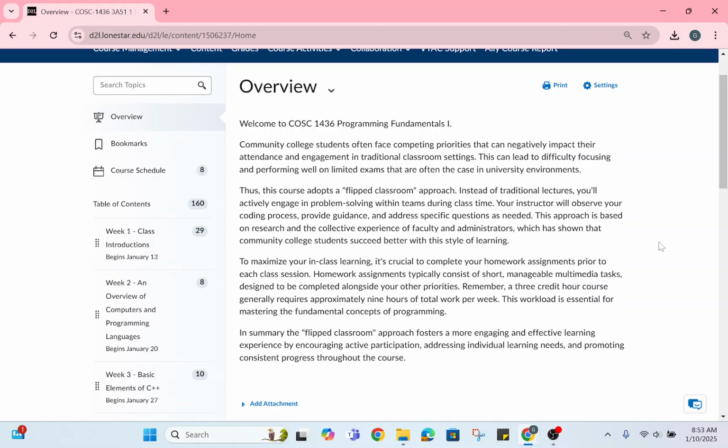the challenges and the competing priorities of our community college students. Living in a multi-generational home, taking care of parents and their own kids, and working full-time. So what we've done is, by creating a flipped classroom in this particular type of class where you have problems to work on, when you come to class, you're working on the problems in teams where your professor